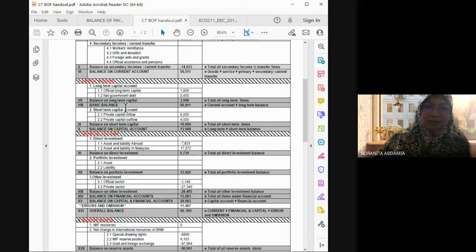Okay, right, basic balance. To get the basic balance, the formula ataupun the position in the balance of payment ni is always under the balance on the long-term capital. After we settle this first sub account under capital, the position of the basic balance is always under balance on the long-term capital. Position di sini beginilah. Okay, so how to get the basic balance? Nampak tak current account yang besar ni, current account plus with the long-term balance. Right? Ini long-term kat atas ni. Current plus long term. That's why basic balance is just follow after that. Sebab tu di tengah-tengah kat sini.